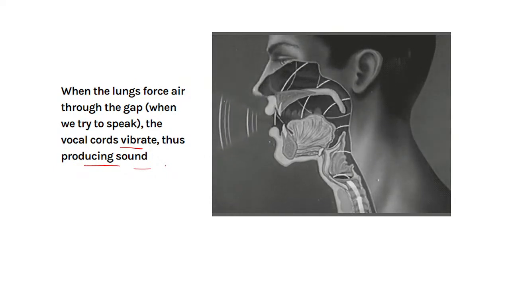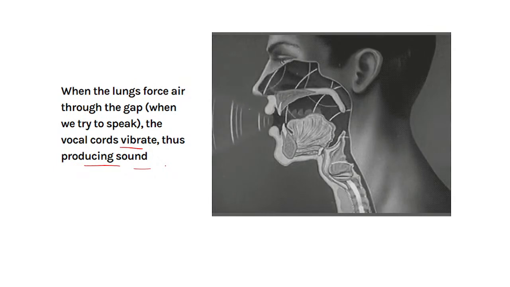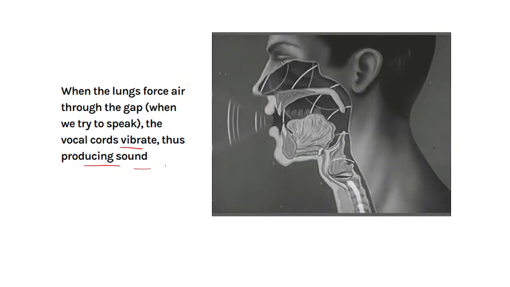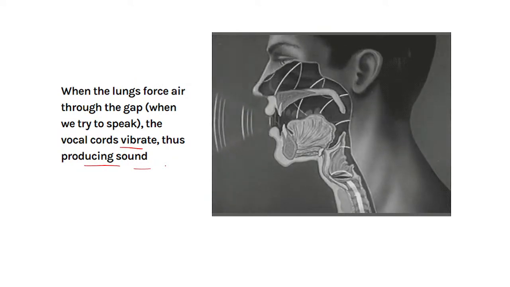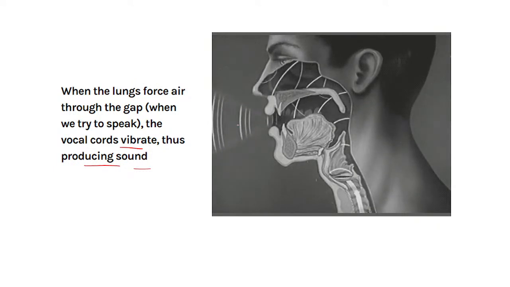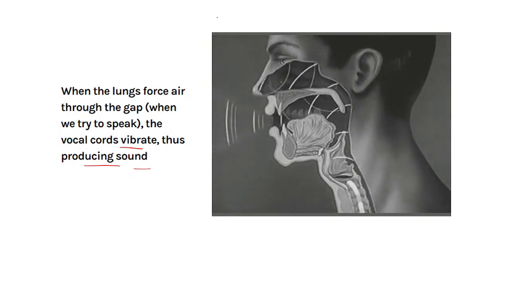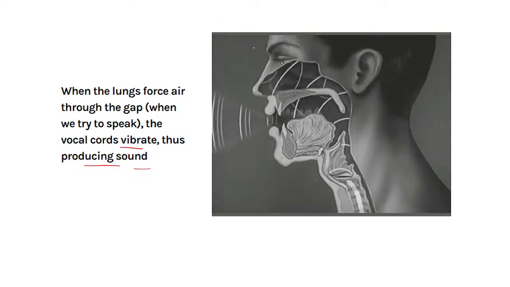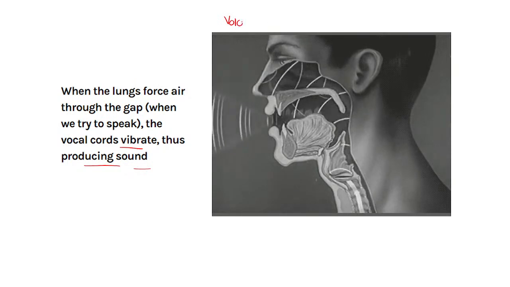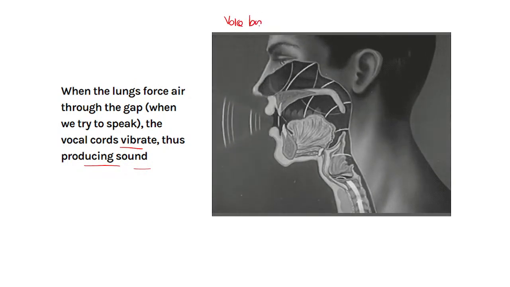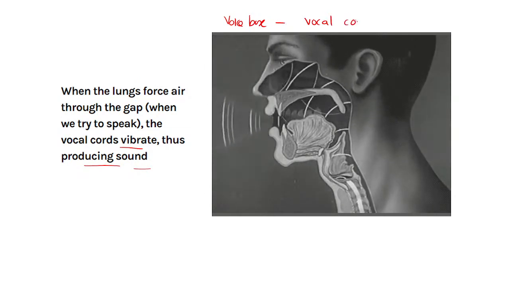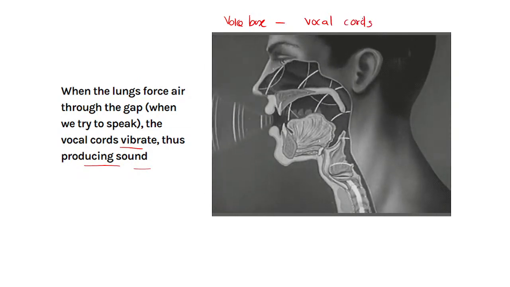All this time we know that we are talking and communicating, but today we have learned that how we are able to communicate with one another is because of the vibration produced inside our voice box. So what is present in the voice box which vibrates? Which part of the voice box or larynx is vibrating? That's the vocal cord. So the vocal cords vibrate and sound is produced.